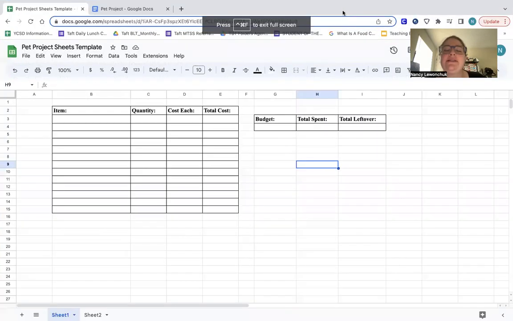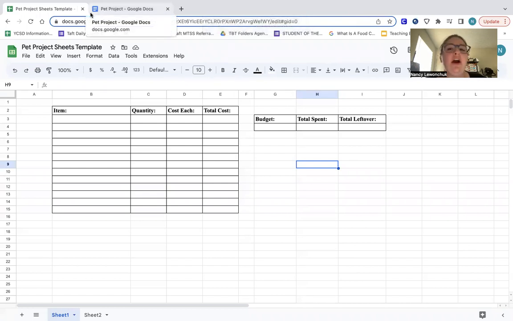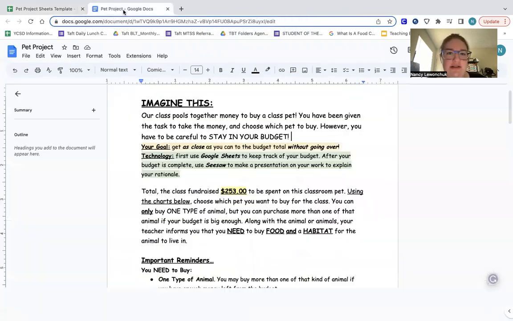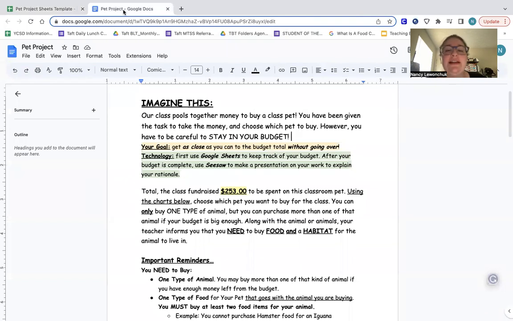So today we are going to be using Google Sheets to attempt to create our budget for our class pet project. For a quick refresher, in class we discussed the idea of a class pet before. So I thought, let's create a class pet project to reflect how we could get a class pet. Imagine that we pulled together money to buy that class pet. Let's say we fundraised